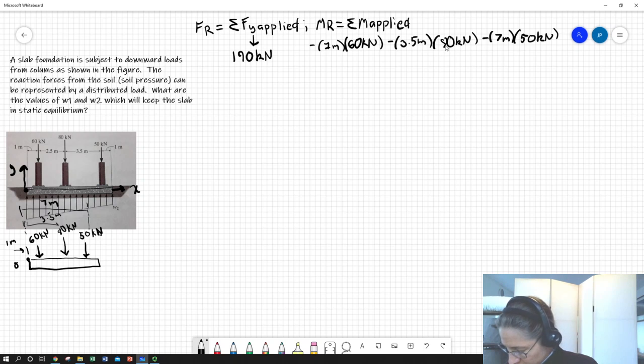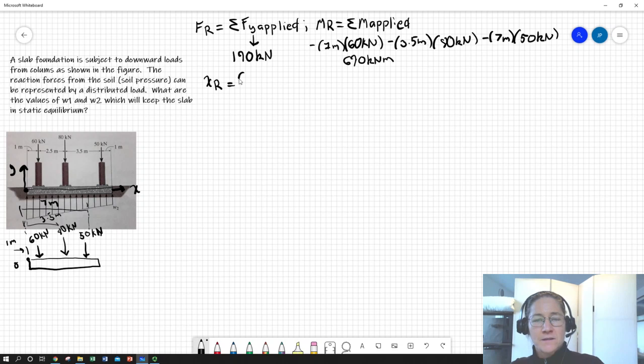Enter, 3.5 times, plus, and 60 plus, yep. So we have 690 kilonewton meters. That's the total moment, which means this force resultant, X sub r,